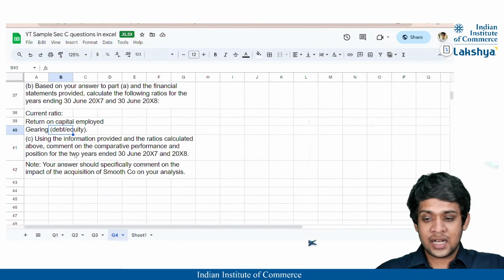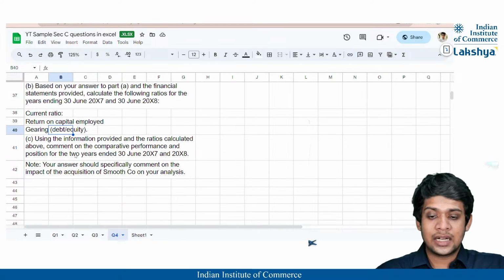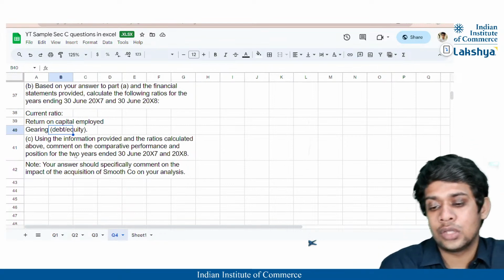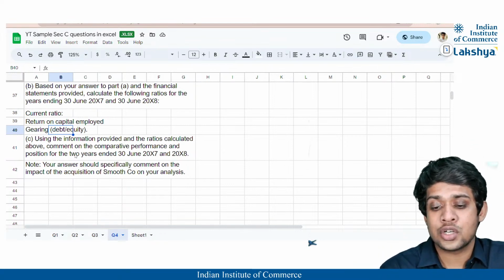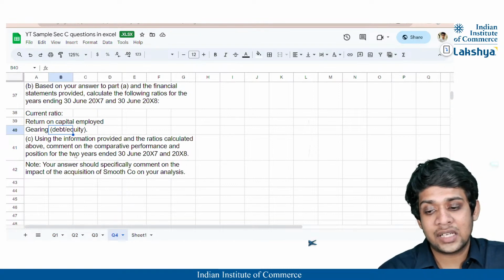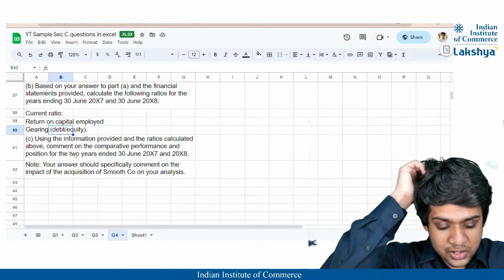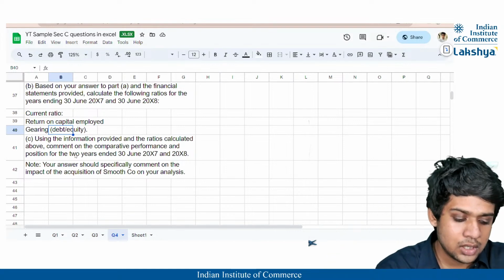Using the information provided and the ratios calculated above, comment on the comparative performance and the position for the 2 years ended, that is 30th June 2007 and 2008. Note, your answer should specifically comment on the impact of the acquisition of Smooth Company on your analysis. मतलब मेनली इम्पैक्ट क्या हुआ एक्विजिशन ऑफ स्मूथ कंपनी के बाद ड्यूक कंपनी पे, वो हमें मेंशन यहाँ पर करना है। ठीक है,